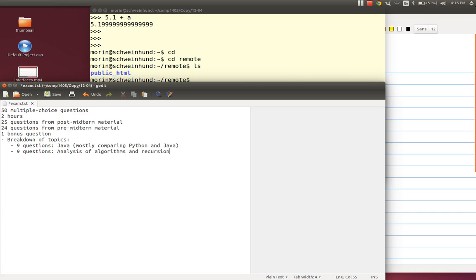If I call it with these arguments, what's the recursion depth? Or here's a recursive function. If I call it with these arguments, what does the running time look like? So, you know, things to look out for, questions like this.